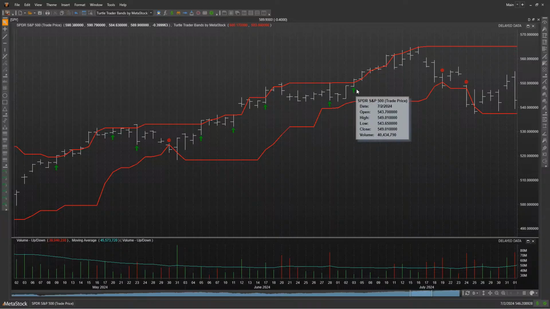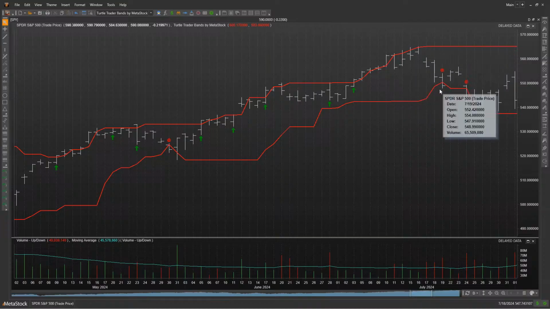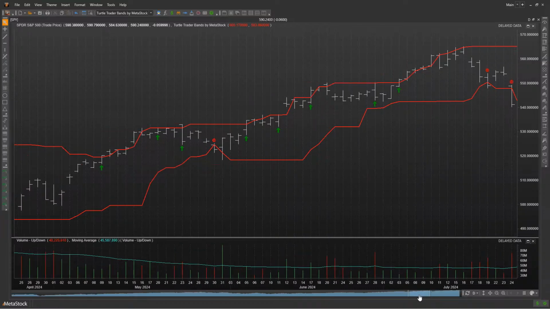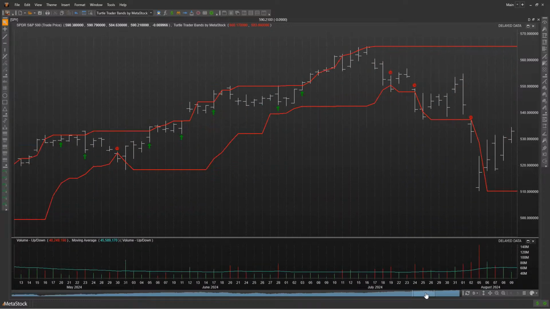Now, as the prices move upward, in this case, we had a correction right here where the prices then traded down below this lower band. And here you'll see we've got a circle with the number 10 in it. That represents that the prices traded down below this lower band, which is a 10 period low, okay? So by placing the buy and sells here, those are the two different signals that you'll see on your chart.